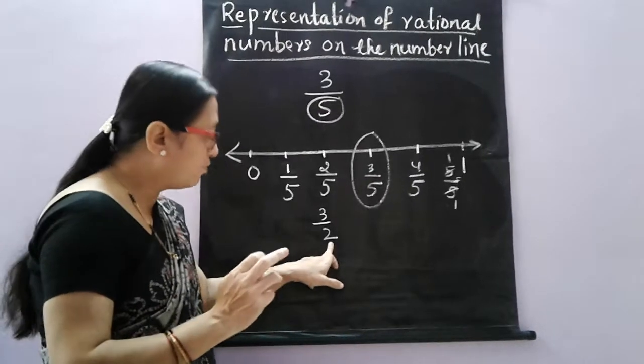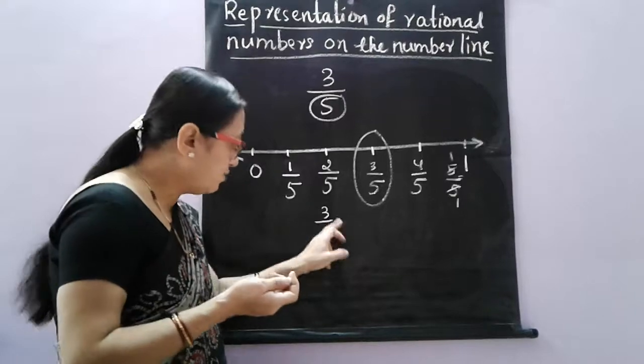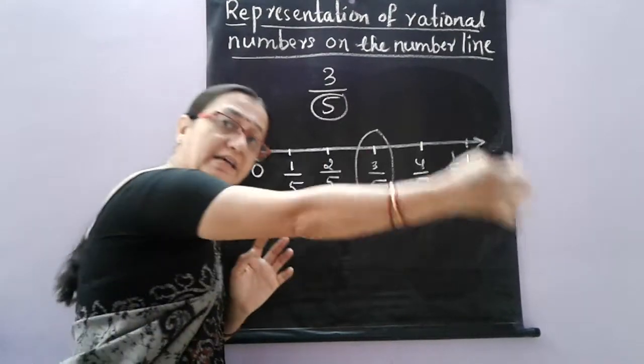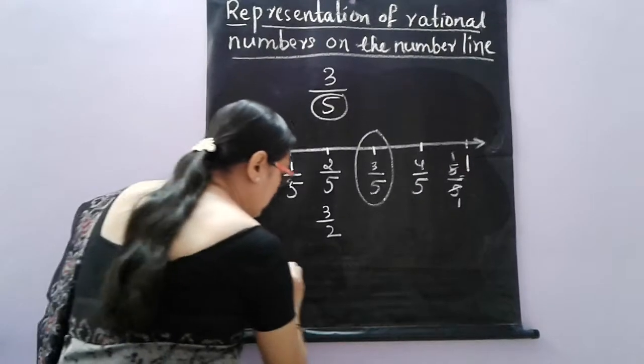But out of 2 parts we have taken 3 parts. How is it possible? It means that I have taken 2 parts completely. From the next section again one more part I have taken here. Okay. So here